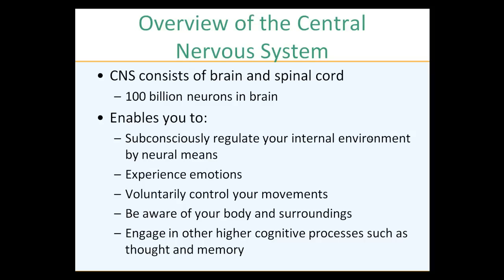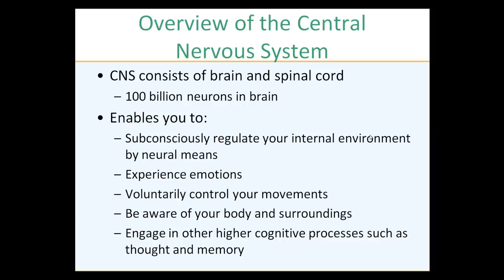Okay? So, now that we covered the cells that are surrounding the neurons, we covered the glial cells, we covered the cerebrospinal fluid, now it's time to talk more about the neurons themselves. The central nervous system will have the brain and the spinal cord, and it's estimated that there are about 100 billion neurons in the brain. It's also estimated that if you line up all the neurons in one person's brain, it can extend between Earth and the moon. This is how complicated those circuits are,